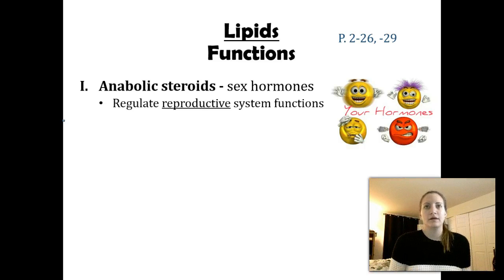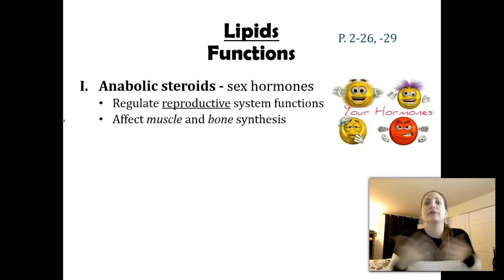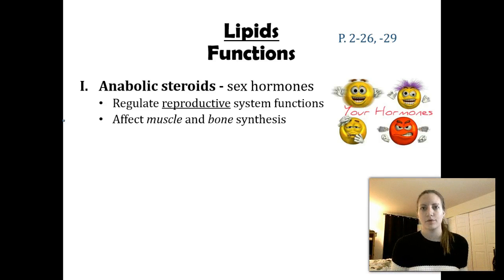So when girls have tons of hormones raging in us all the time, we have a period. That's all controlled by hormones. When we're pregnant, there's tons of hormones going through us. When both males and females go through puberty, it's lots of hormones. And all of those are related to the reproductive system. The sex hormones will also affect muscle growth and bone growth, or the word I use here is synthesis, meaning the same thing, so building muscle or building bone.